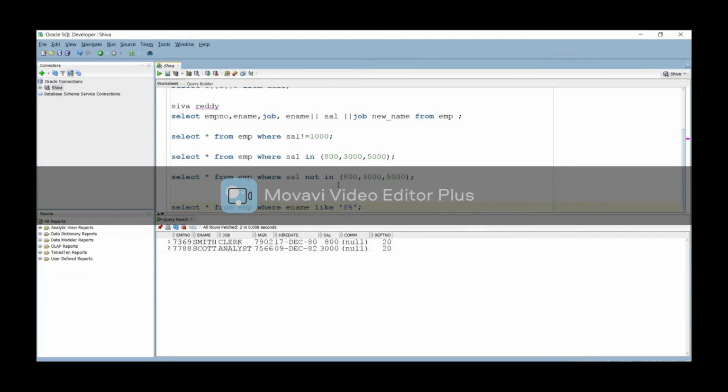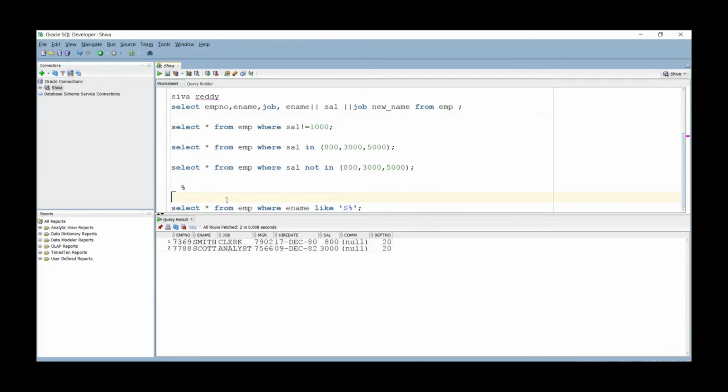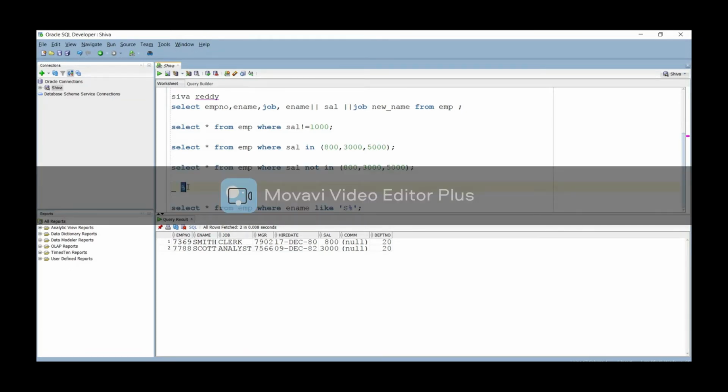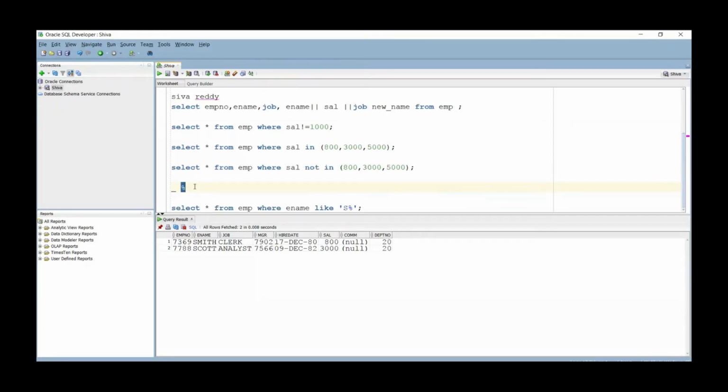So while working with the pattern operator, we need to see two things here. If you want to search for a single character, we will use the underscore. If you want multiple characters, we will use the percentage. If you put the percentage, it will search one string, two strings, four strings, till n strings. It won't check only one or two strings. It will search any number of strings till the end.